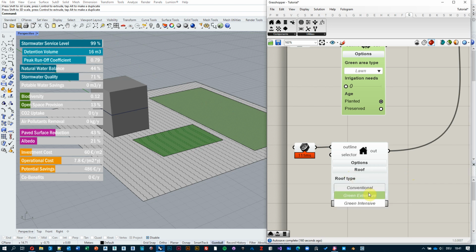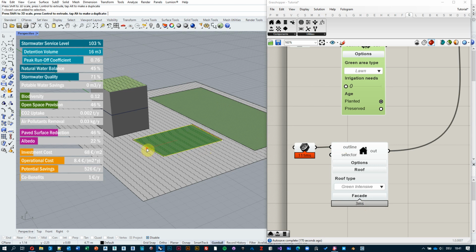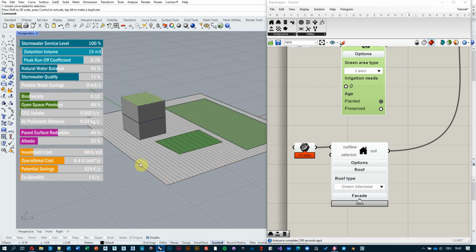And if we wanted to change the roof to a green roof, we can see immediately that, sure, our swale can be slightly smaller, but we need to pay more for it because intensive green roofs cost more than a swale does, right? So we're paying 68 euro per square meter. And by the way, the price is translated to the entire project size. So our area over here is 1,000 square meters. So this is 1,000 times 68, so it's 70,000 euro that we'll pay roughly for these measures over here,